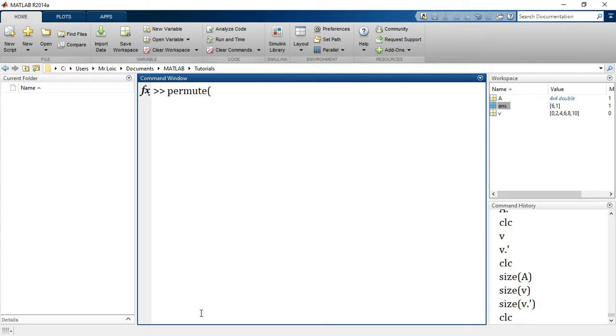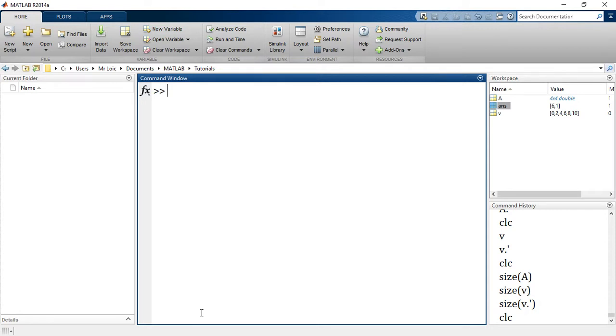Okay, we have two dimensions from what we've seen so far, because arrays are way more than that, and we shall see that in a later tutorial. I think we should keep permute for that later tutorial, because it won't make much sense to use it here. So let's leave that for a future tutorial where we'll be looking at multi-dimensional arrays, because beyond two dimensions there's a possibility of having a third dimension and even a fourth dimension, as many as you like. When we reach there, we will look at the permute function.